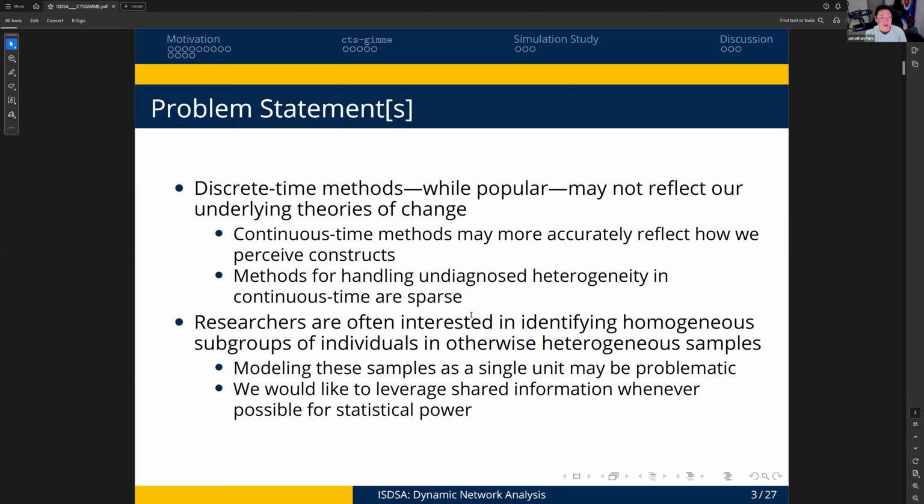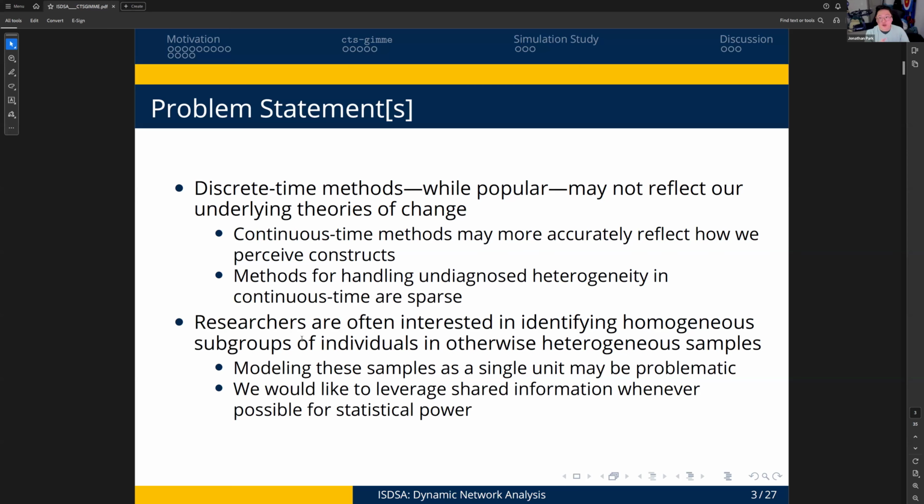And so modeling this process seems to align more closely with continuous time methods rather than these discrete time approaches. On top of that, this idea of within-sample heterogeneity that I keep touching on is addressed quite well in the discrete time literature, but significantly less well in the continuous time literature. So there are fewer methods, fewer approaches, and necessarily you have fewer options. And so there's a lot of work to be done and a lot of work that can be done.